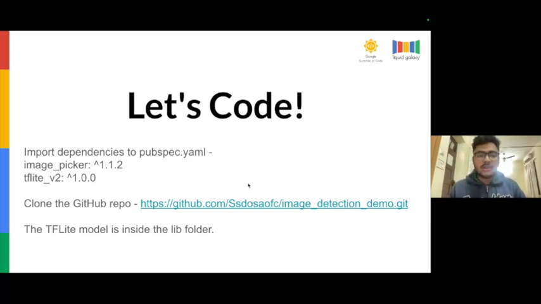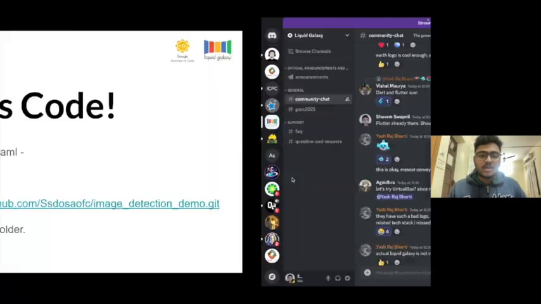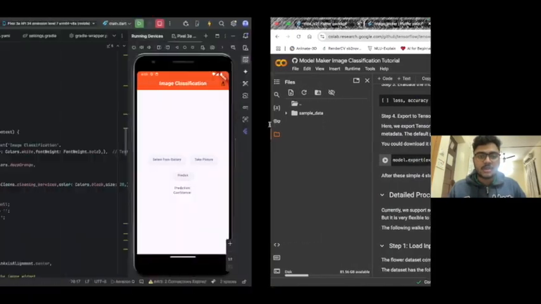These all are available in the GitHub repo. You can feel free to clone and work upon it. Also the TFLite model has been provided earlier. Let's work on the